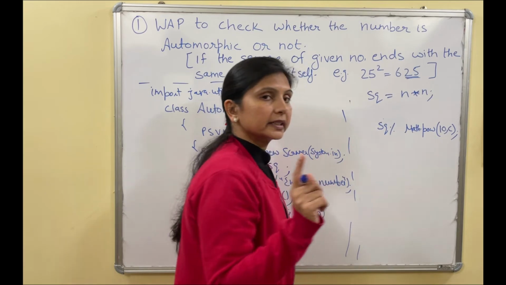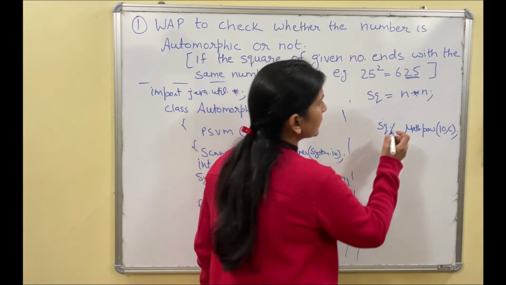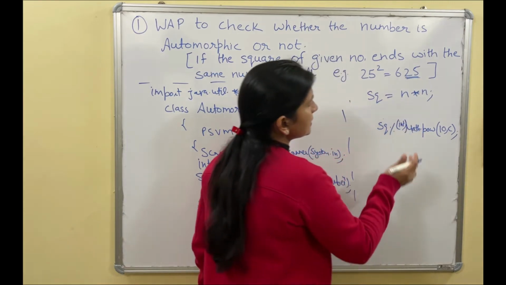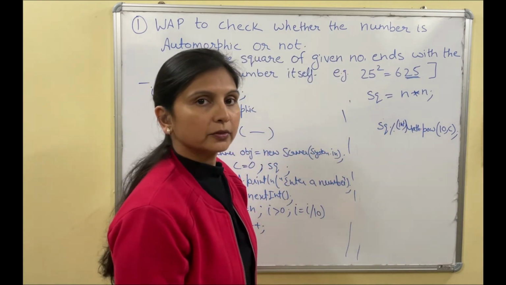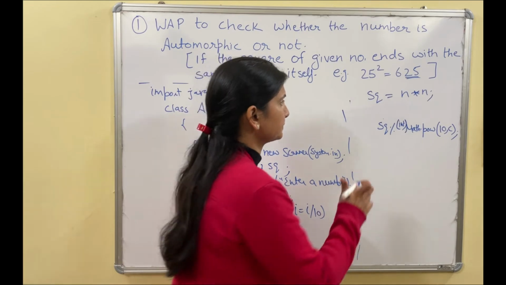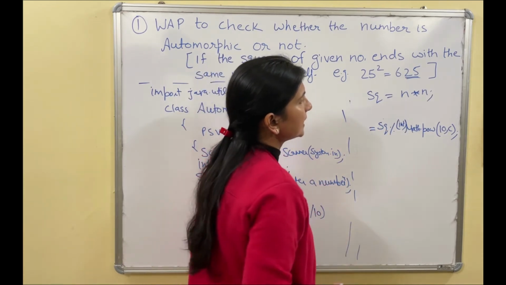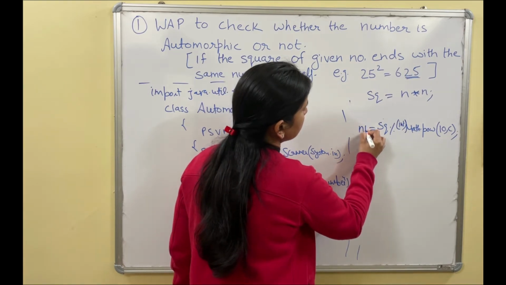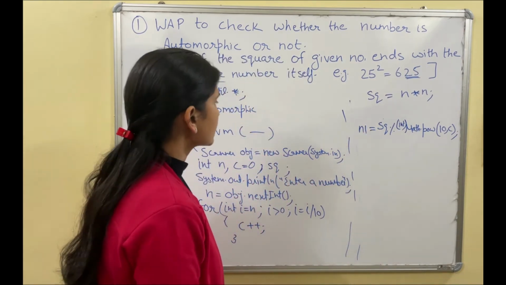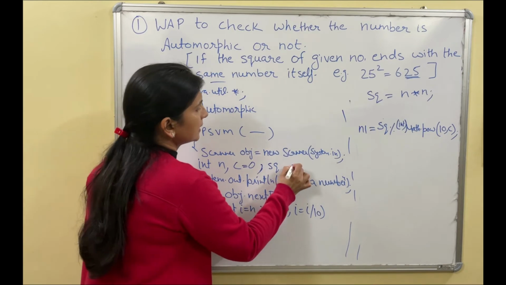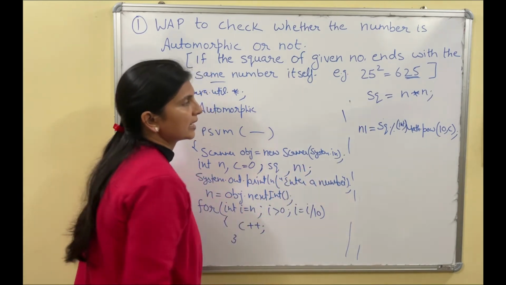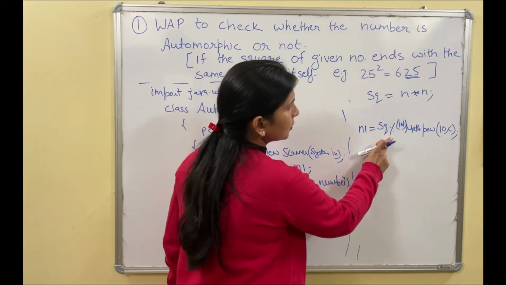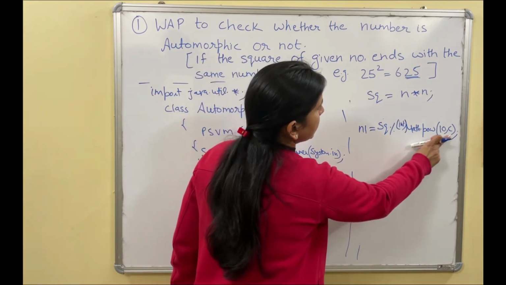So to convert it into int, what do we do? We will typecast into int. Fine. So before Math we will use (int), and we will assign in which variable? We will take one more variable, n1. So we need to declare n1 also. I will declare n1 as integer, right? So it will calculate SQ mod Math.pow(10, 2).